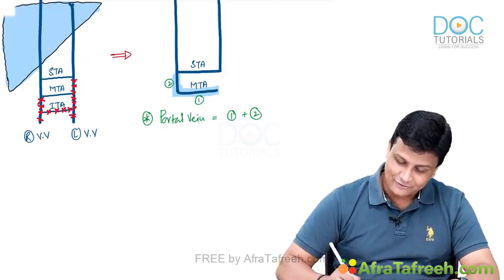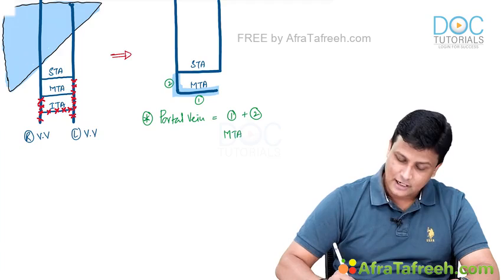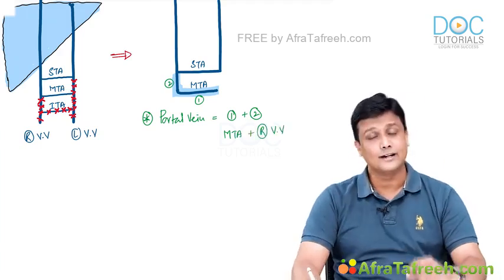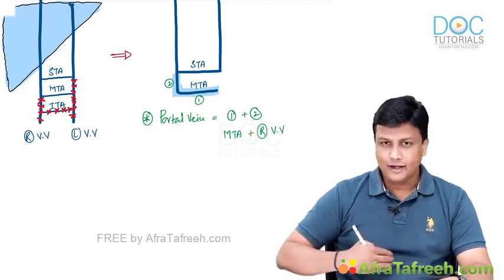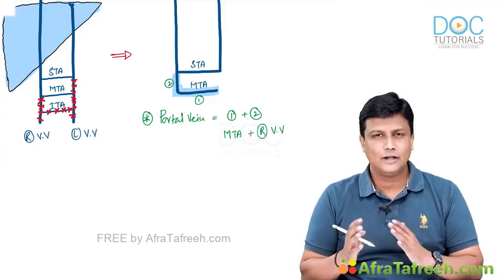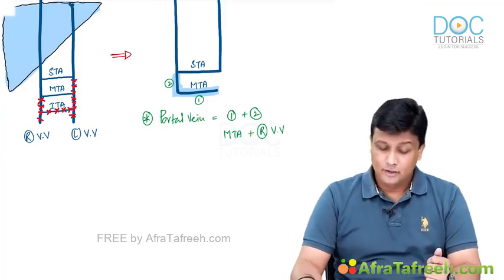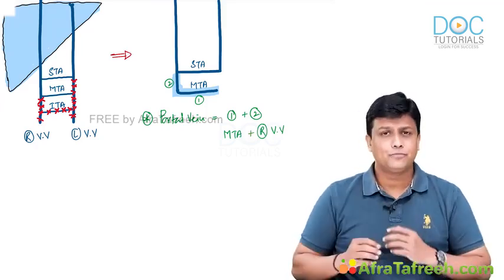The portal vein is actually derived from number 1, the middle transverse anastomosis, along with the right Vitelline vein. That's your right Vitelline vein. Now we all know very well that the portal vein, just before entering the liver itself, is going to divide into the right branch and